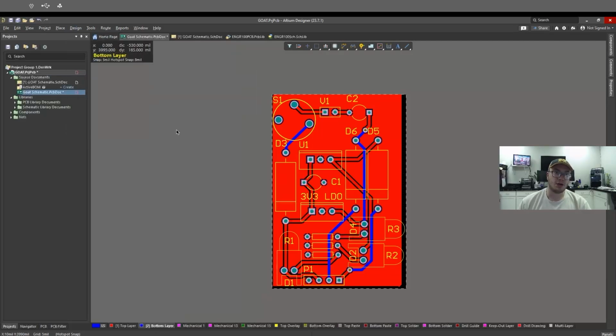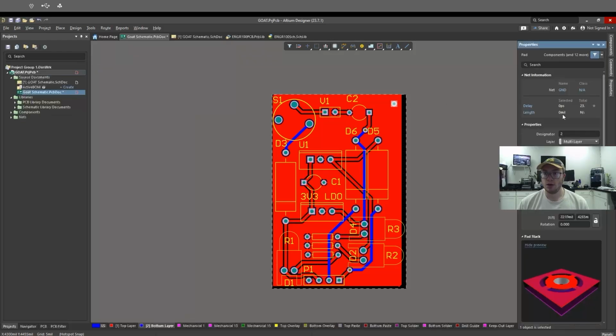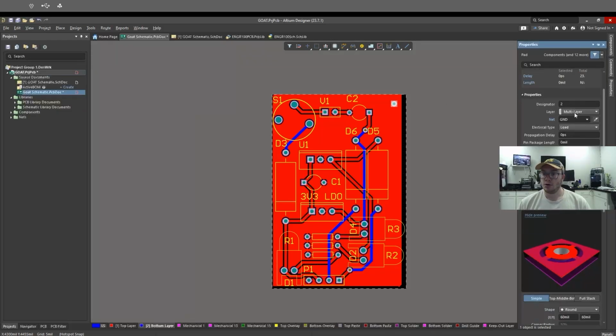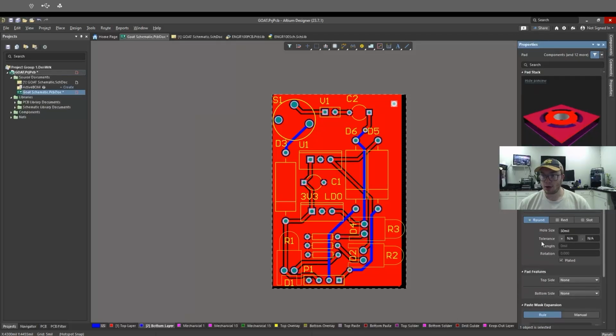I don't think that's a good way to do it. Personally, the way I like to do it is go to this, right click, press pad, and then we're going to place that on our board actually. And then we're going to go to properties, and it's already on net ground, which is good. And we're going to go down here,